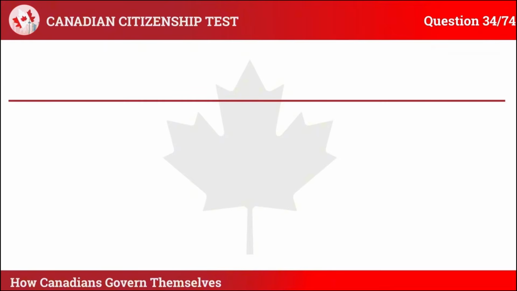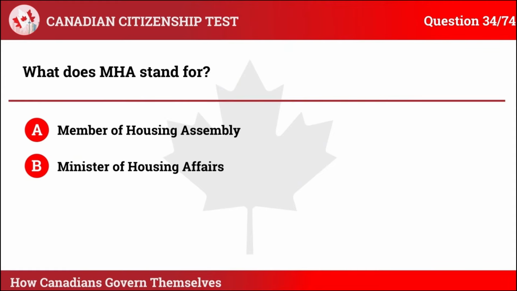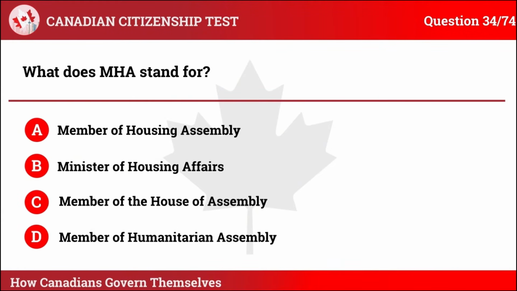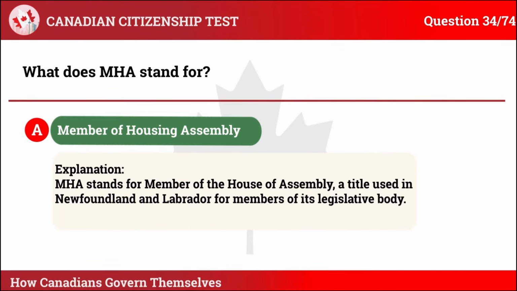Question 34. What does MHA stand for? A. Member of Housing Assembly. B. Minister of Housing Affairs. C. Member of the House of Assembly. D. Member of Humanitarian Assembly. The correct answer is A. Member of the House of Assembly. Explanation: MHA stands for Member of the House of Assembly, a title used in Newfoundland and Labrador for members of